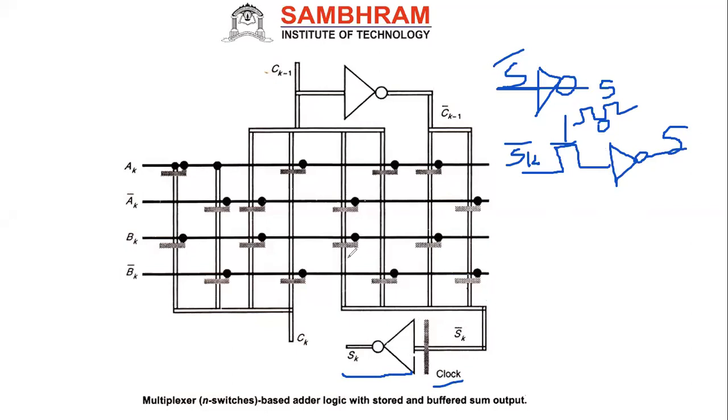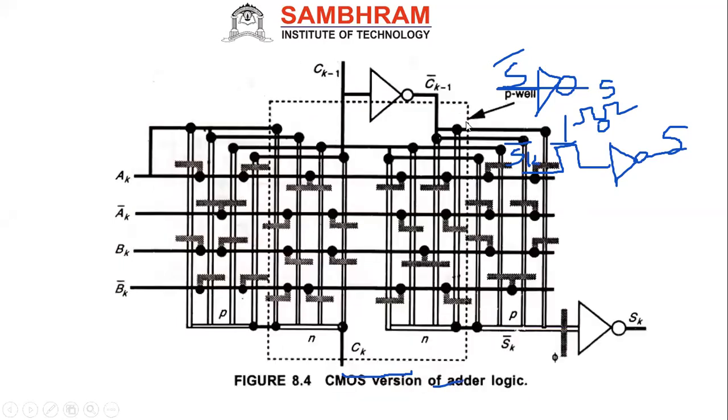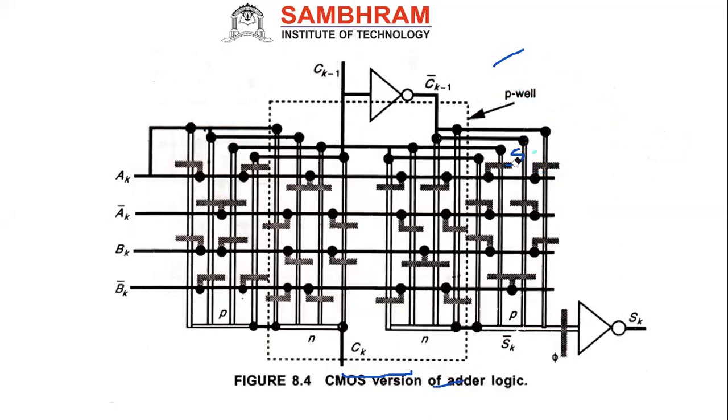Now assume that here we used an NMOS switch, correct? But now we can replace this NMOS switch by a transmission gate, or CMOS switch. Now how will the diagram be? Can you imagine how it will be? It will be a little bit complex. Just see. Seeing the diagram only, you will feel it is complex, but it is very simple. If you understood the logic, then it will be very easy to draw the diagram.